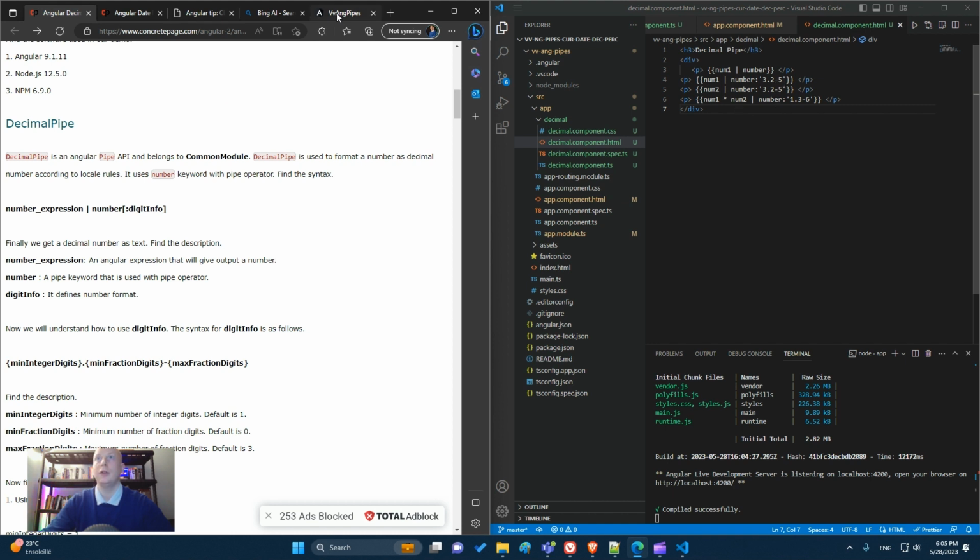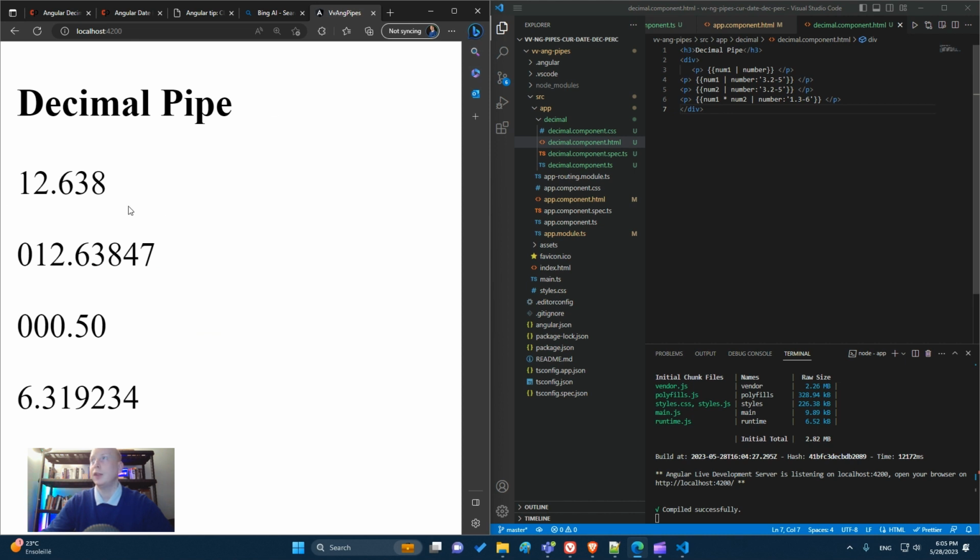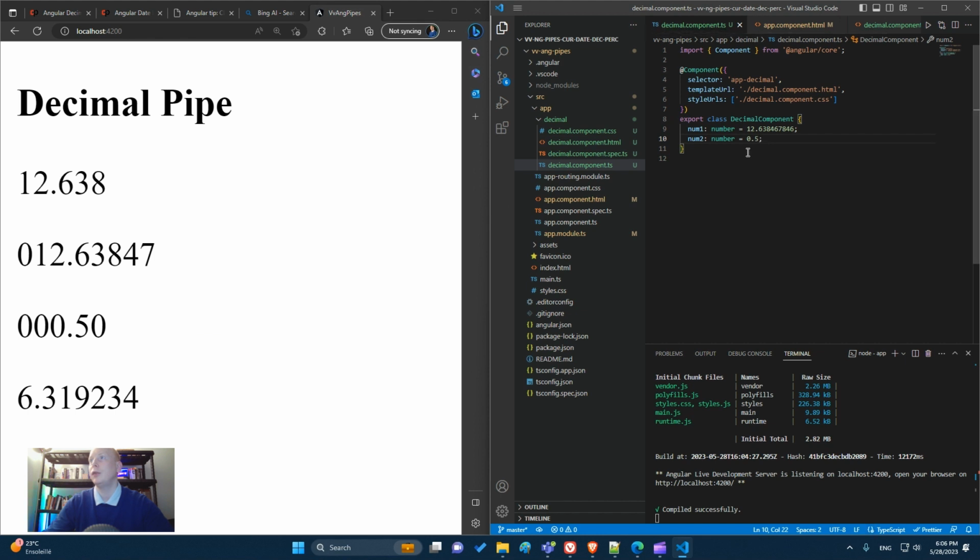And in the rendering, that's what we have: 12.638447, 1, 2, 3, 4, 5. And for the third example, we have three integer digits and 2 to 5 decimal digits, and we have only 50, I guess, because number 2 is of value only 0.5.